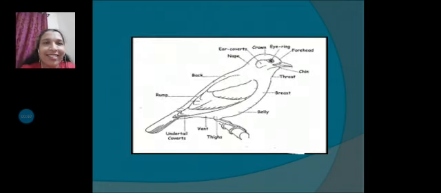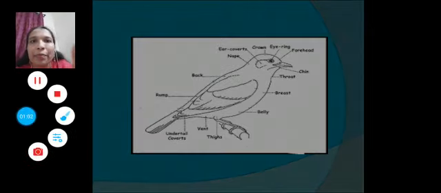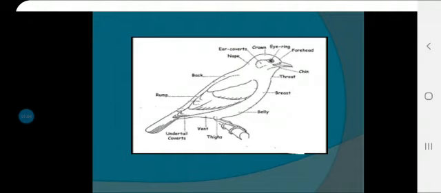Correct guess children. Today we are going to learn about birds and their features. Let's begin with our session then. Do you know children? There are more than 10,000 types of birds.